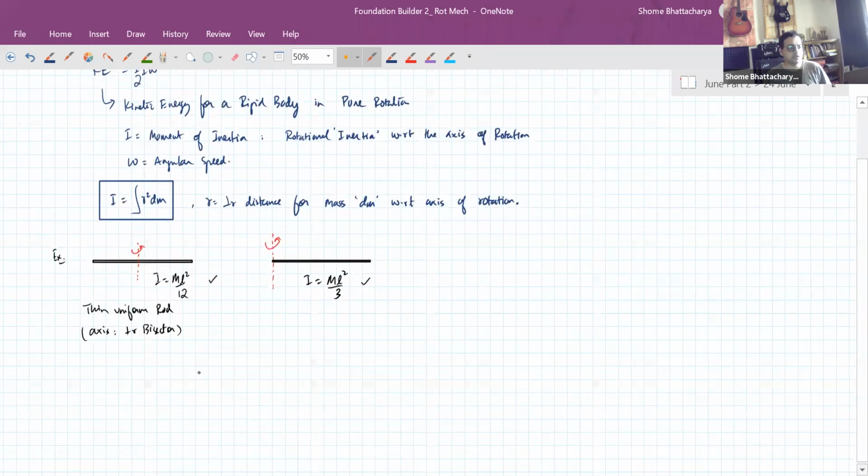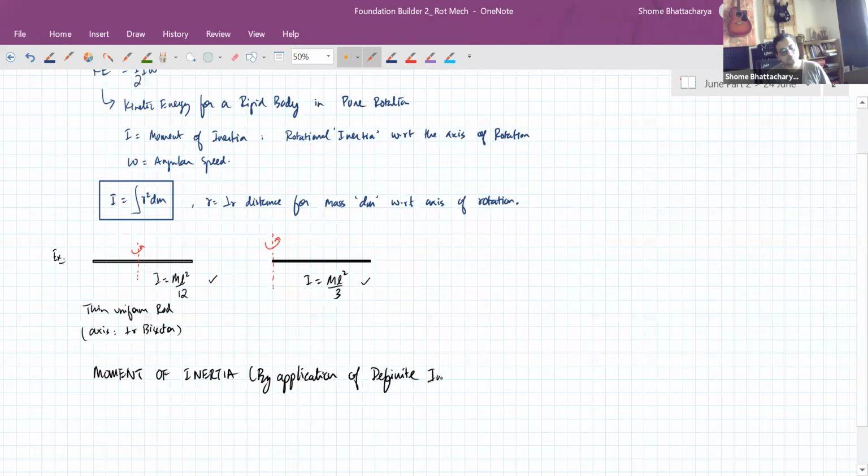So generally, when you are calculating moment of inertia by integration, you keep in mind